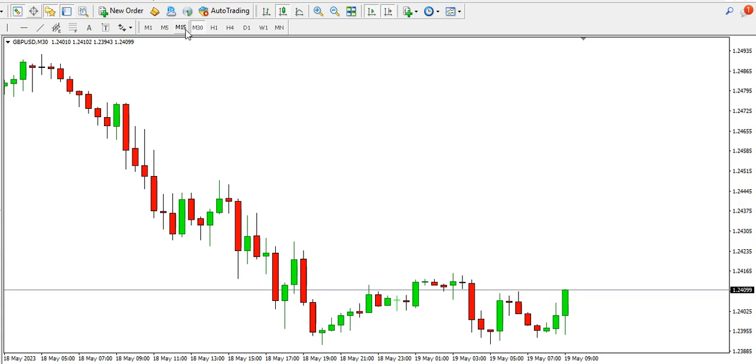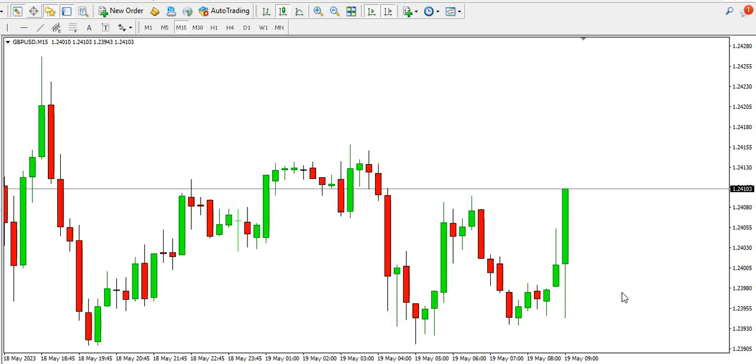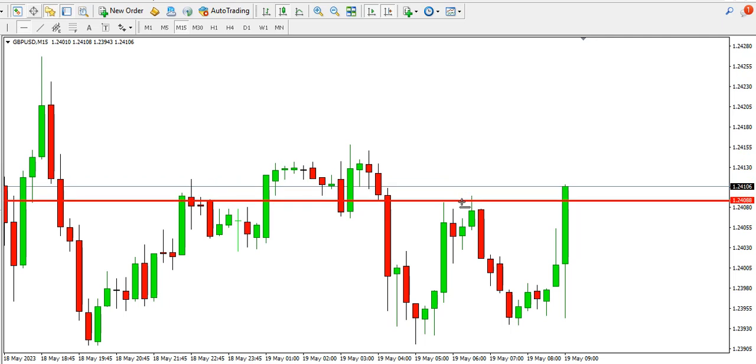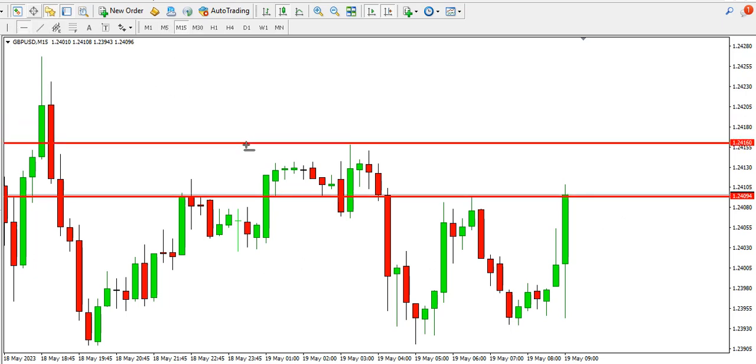All right, on the 15 minutes time frame, what do we have? You can see the triple bottom is more elaborate. Now we are just experiencing a break of this particular structure. So we are having a high, this is already forming a higher high. Look at the wick of the current candle on the 15 minutes time frame, suggesting that buyers are stepping in. So you might want to join the buyers and buy up to